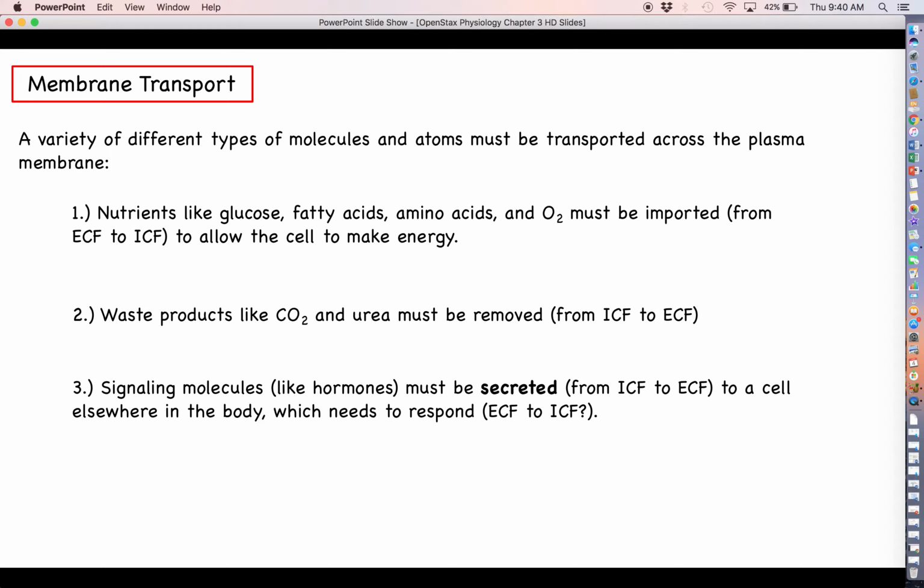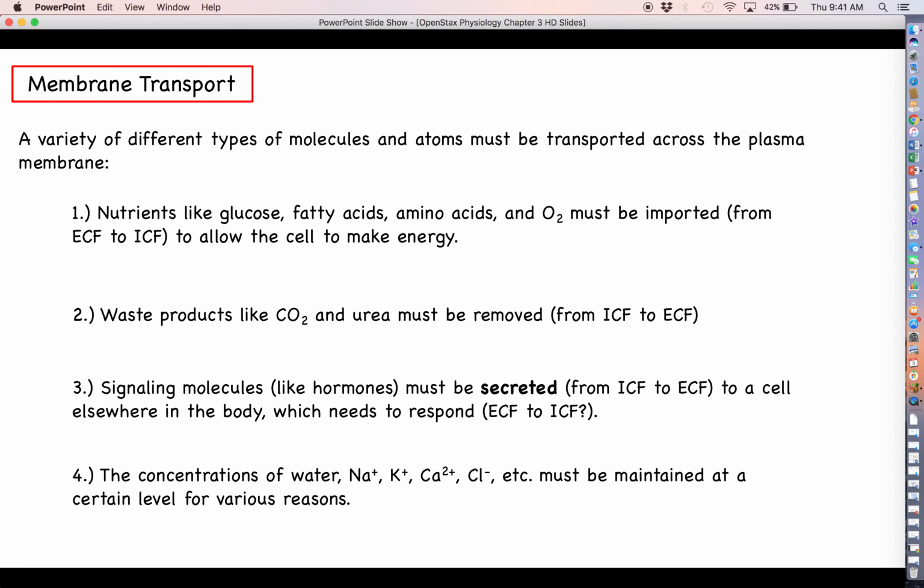If we're talking about a hormone, that hormone is going to travel through the blood plasma, and then it will eventually get to the cell in which it needs to respond. And in some cases, that signaling molecule will need to go from the extracellular fluid into the intracellular fluid of the target cell. So there's kind of a lot going on there, but hopefully what you can agree on here is that it is a fundamental necessity that molecules in the correct circumstances have to be able to